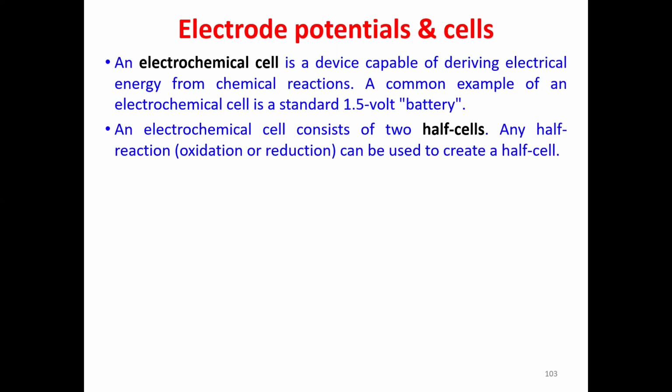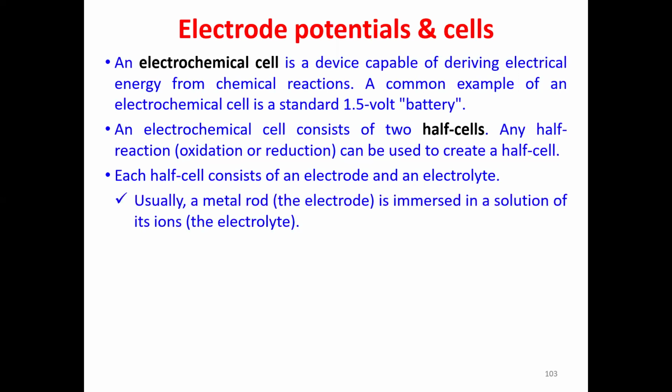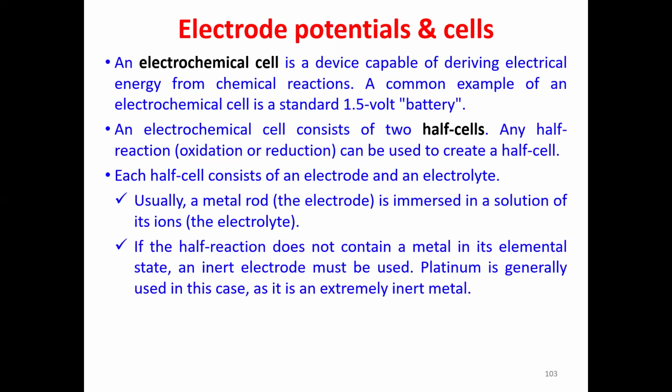What is electrode potential? When we first discussed this chapter, it's a concept when a metal is in contact with its own solution. When a metal is in contact with its own solution, then you get a half cell. Each half cell consists of an electrode and an electrolyte. When you have a metal rod immersed in a solution of its ions, like copper in contact with copper sulfate solution, or zinc in contact with zinc